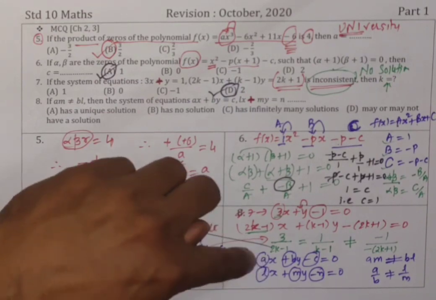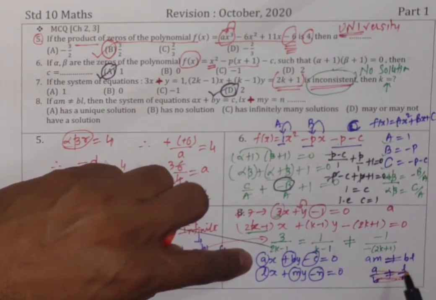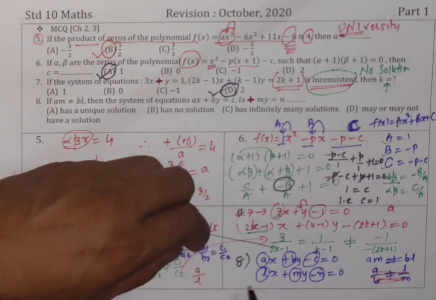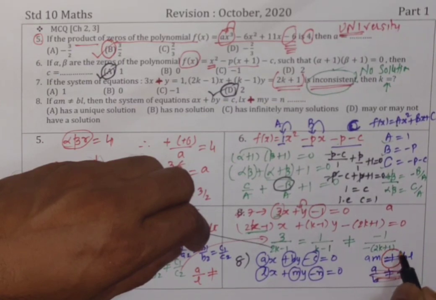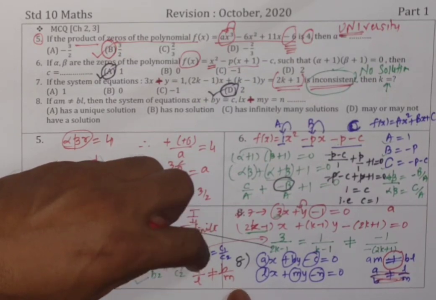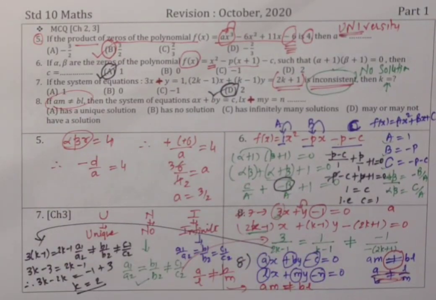Now this A upon L, A upon, okay, you can take that instead of this. Let it be in this form, leave it in this form. Now this gives you A upon L not equal to B upon M. I am taking this because here it is not equal to. Alright, the first one itself is not equal to. Now cross multiply. So this gives me AM not equal to BL and that is the condition. Yes. So the first one itself is not equal. See this, the first one itself is not equal. So it has a unique solution.